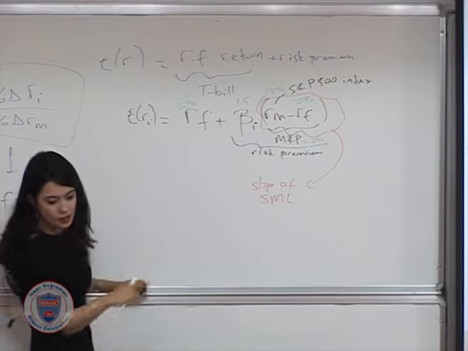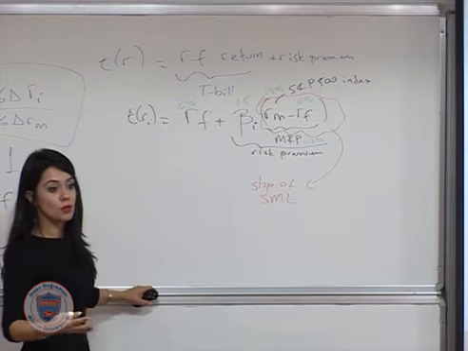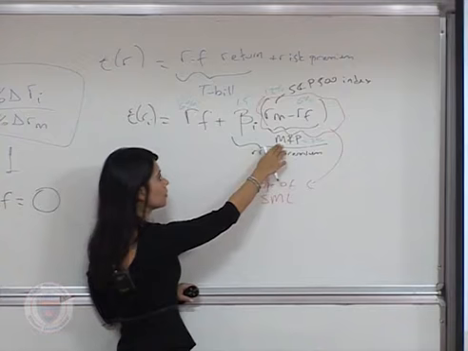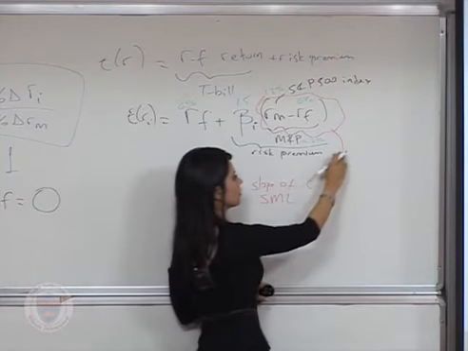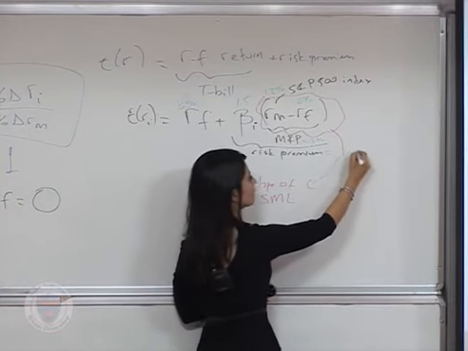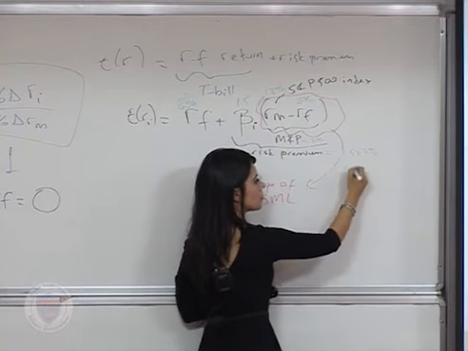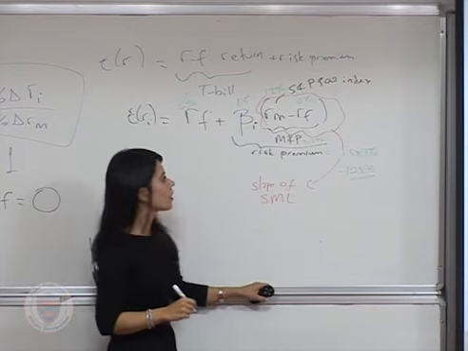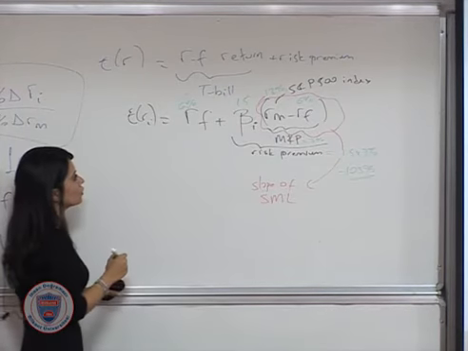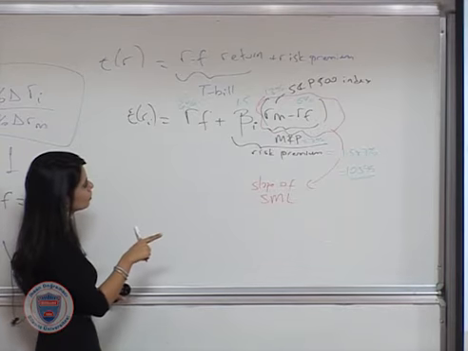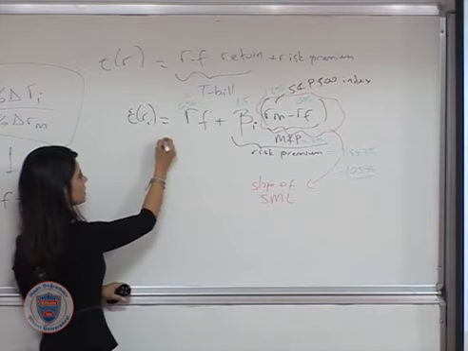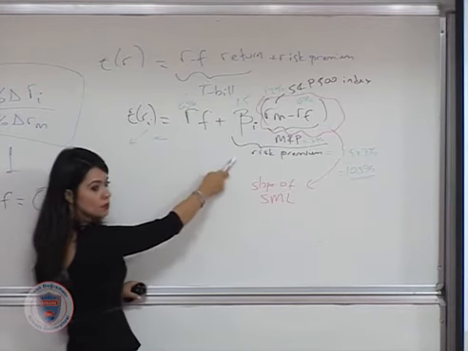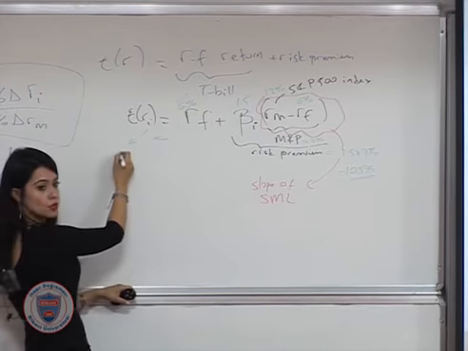So from here, the question says, what is the risk premium for this asset? What is risk premium? It is beta times market risk premium. So it is equal to what? 1.5 times 7%, which is 10.5%. This is the risk premium. What is the expected return? It is 6% plus the risk premium, so it should be equal to?